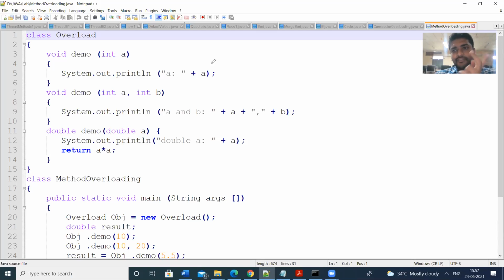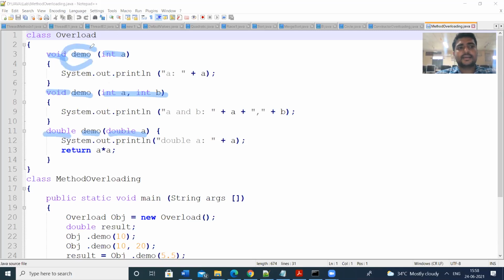In the previous example, the constructor had the same name. So here the method has the same name, but the signature is different. The parameter list is different. Here one parameter, here 2 parameters, here 1 parameter, but the data type is different. Here int, here double, here the return type is void, but here double.